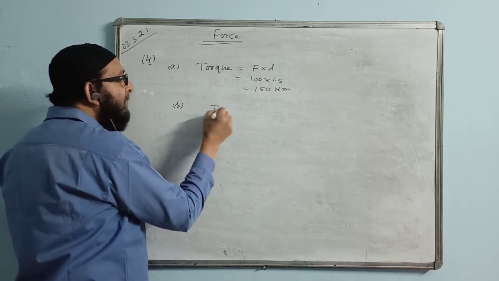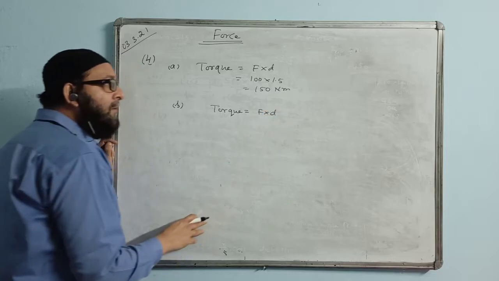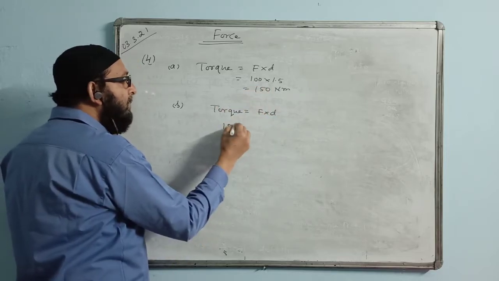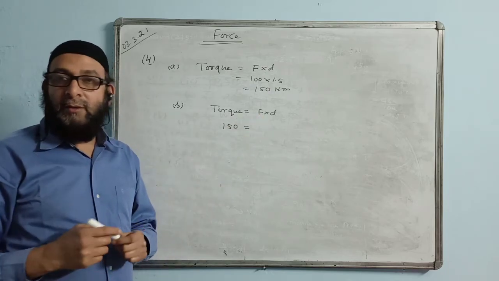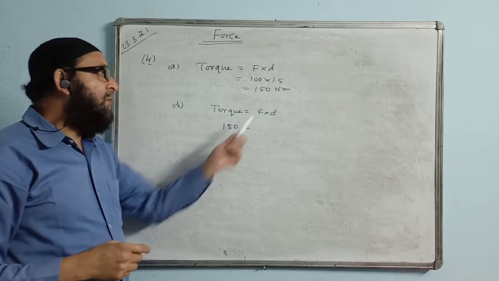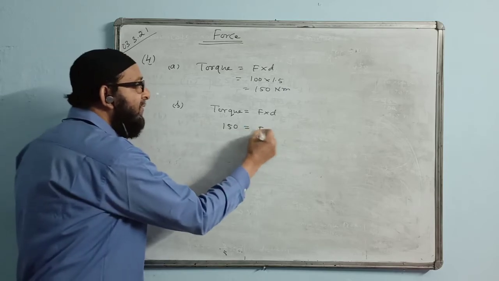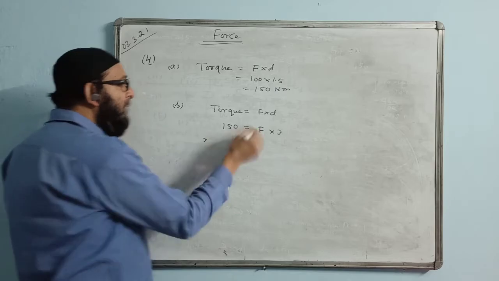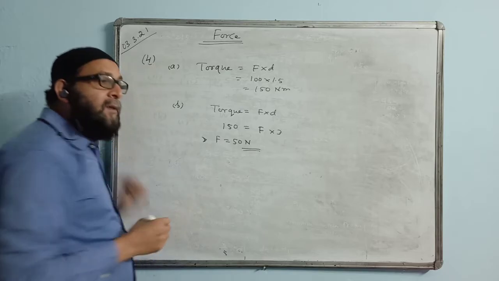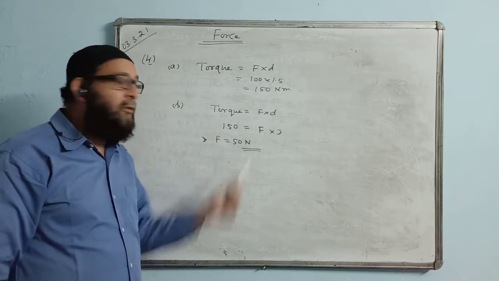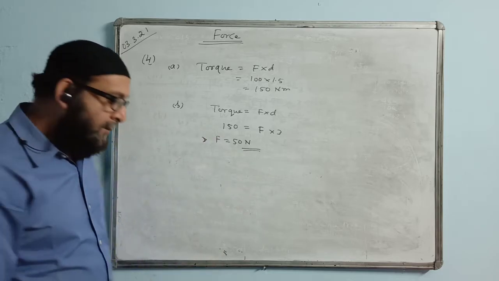Again the second case, the same formula is applied. Torque formula is again F into D, because he wants to open the same door in two different ways. Torque value will be the same. Now he wants to give the least force, and you have to find the value of that least force. The least force will be given at the maximum distance. Maximum distance will be 3. So F into 3, the 3 will cancel. The answer is 50 Newton. 50 Newton is the value of F. That means he must give the least force of 50 Newton at the edge of the door, at the maximum distance from the hinge.